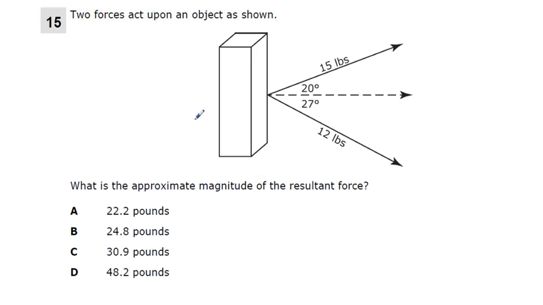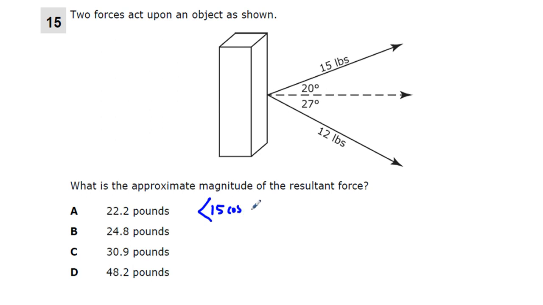Next, 15. Two forces act upon an object as shown. What is the approximate magnitude of the resultant force? We did one very similar to this during class, and I want to show you here. This is kind of like the airplane one. We're going to have our first one, our 15 pounds. So we get 15